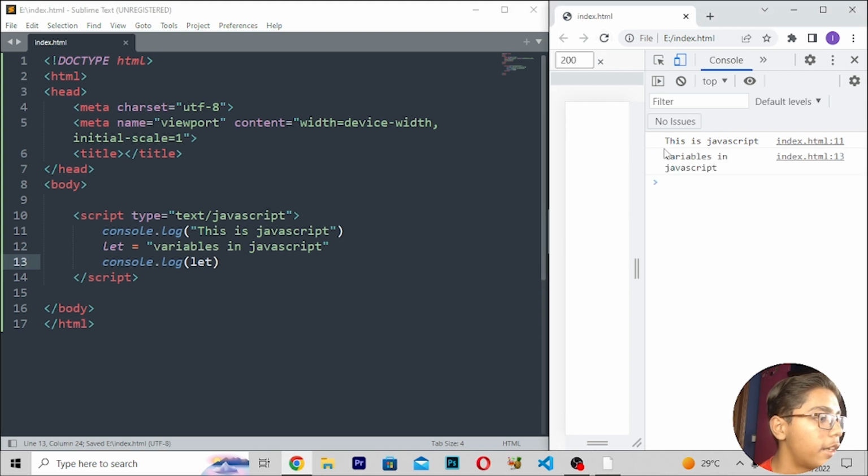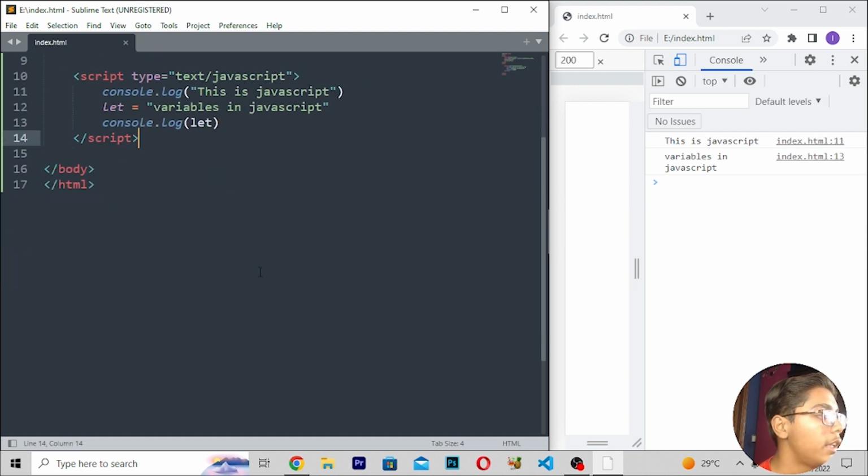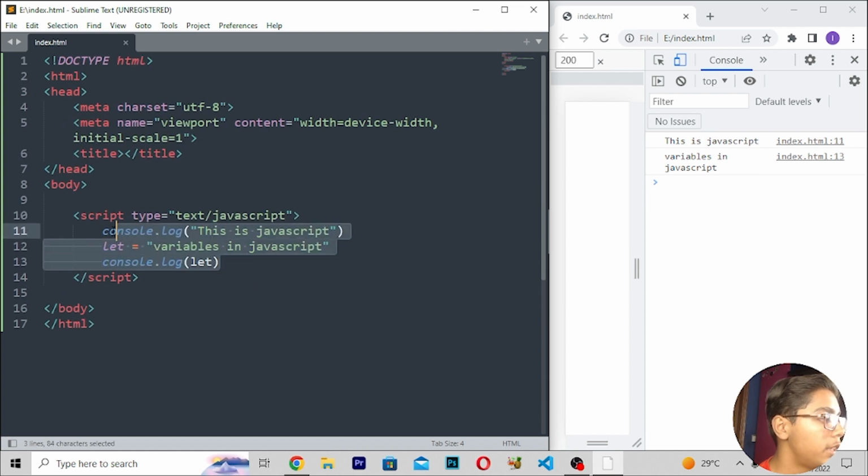reload, you can see we are getting variables in JavaScript written here in this let tag, and it is looking good. Then console.log, it is written let here. So now when you've written this, you can see we are getting this let tag here, and then we are getting variables in JavaScript. Now you can link all these files, so you will see that it will be working here, like I was telling you.